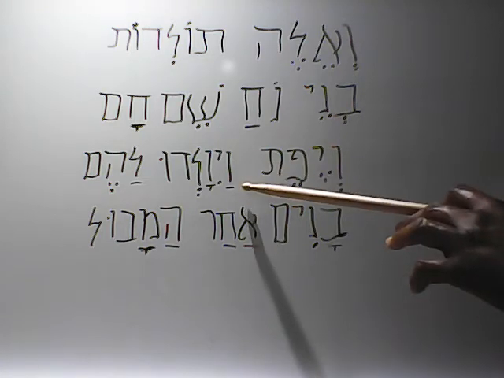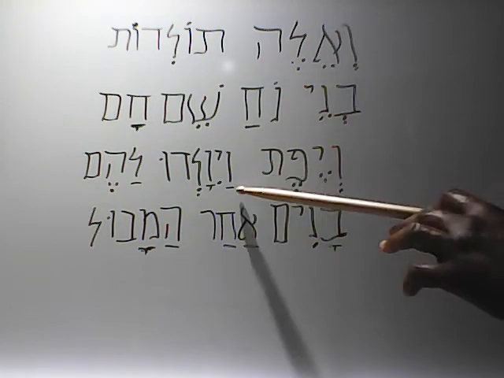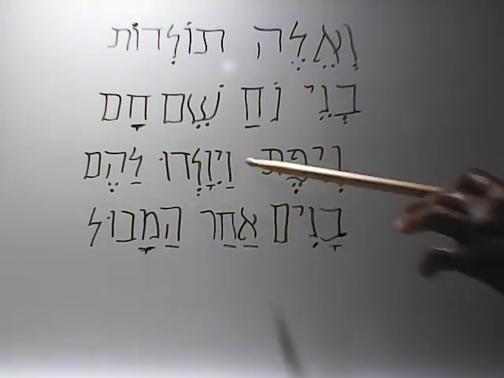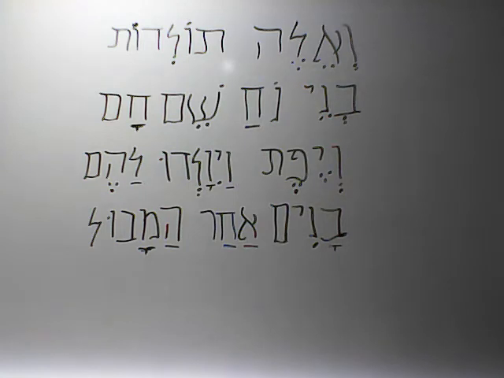And this word here, moving on. Vayivaldu. Vayivaldu. Now that is a verb with the prefix. In this particular case, brothers and sisters,